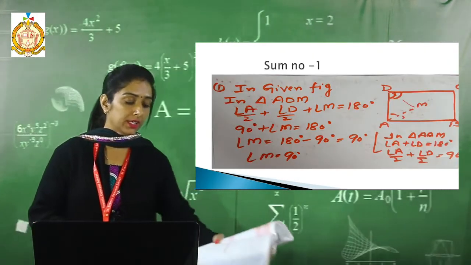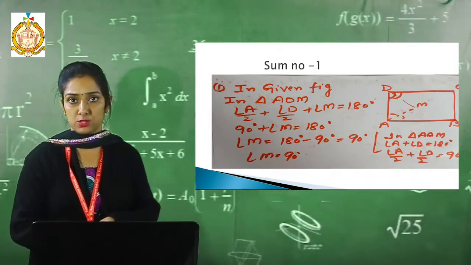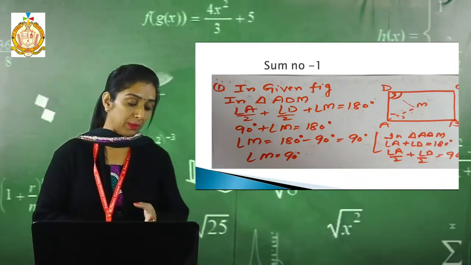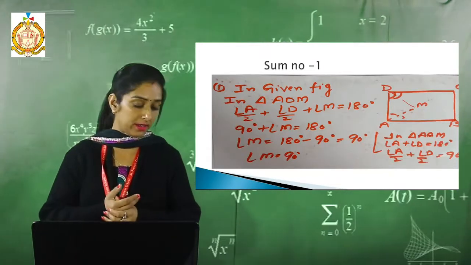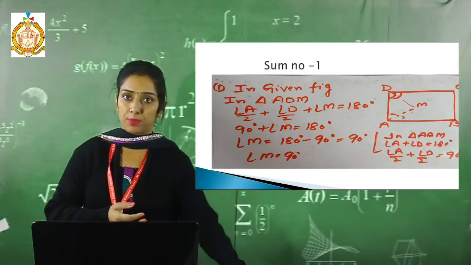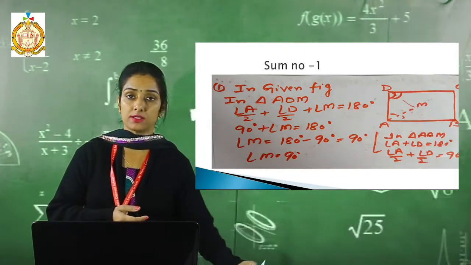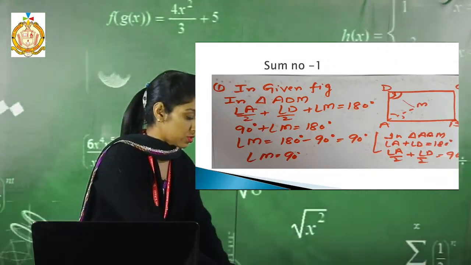Now see, in 14 B we are discussing special types of quadrilaterals, that are trapezium, parallelogram. See, in a trapezium one pair of opposite sides are parallel. In a parallelogram opposite sides are equal. In a rectangle all angles are of 90 degrees, and this one. Now see its first question.